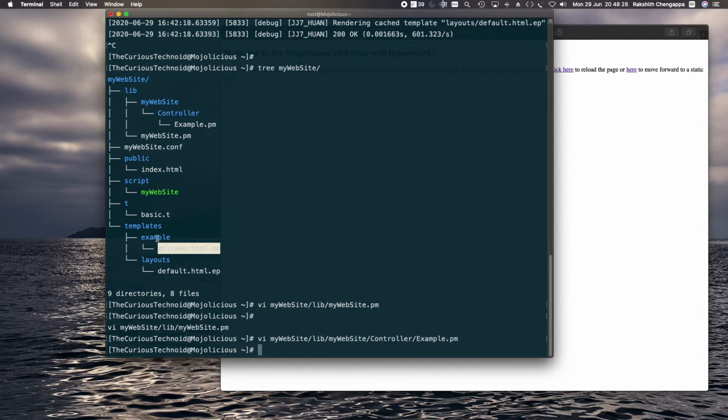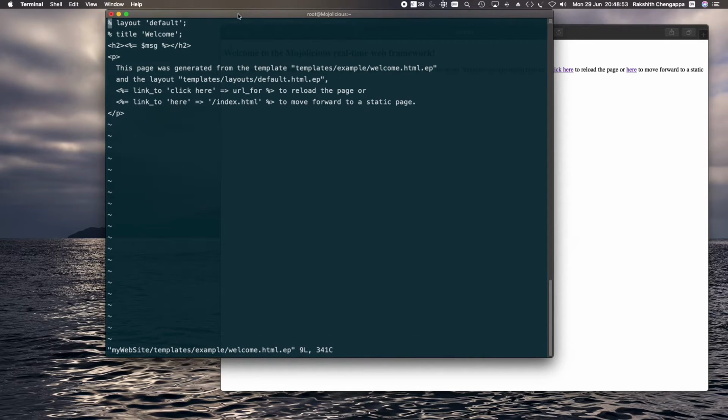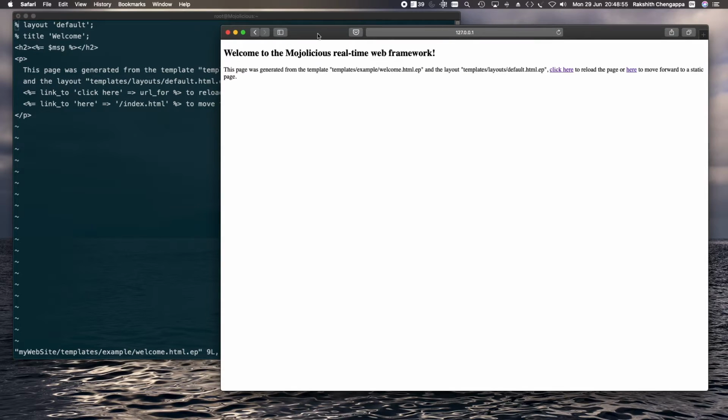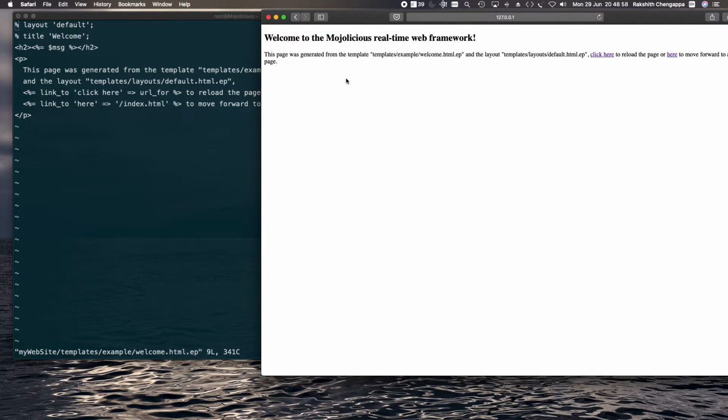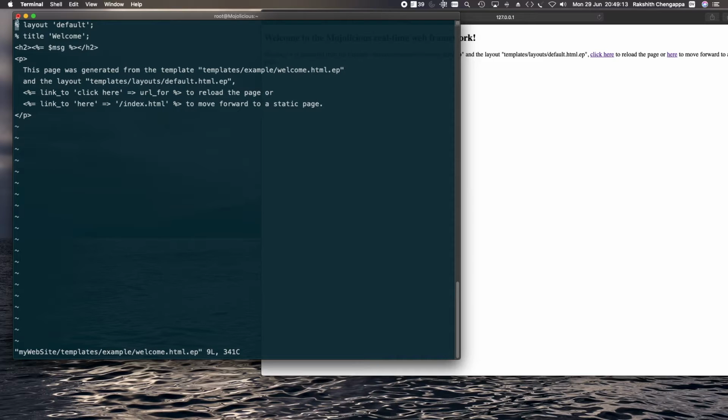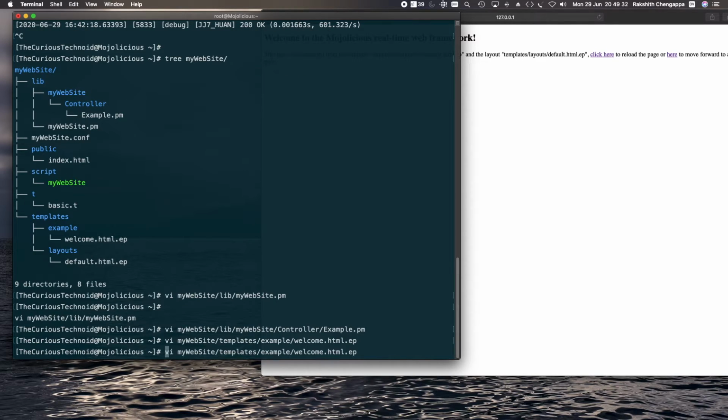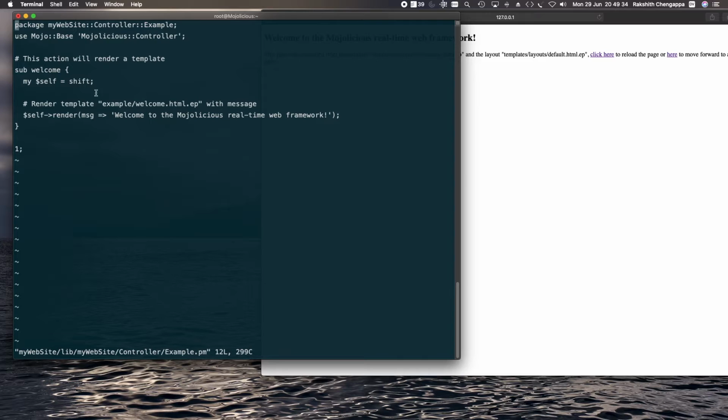There you have it. Now if you open the welcome template, you will see the content that is getting displayed on the web page. This is exactly what is getting displayed. We will see more about layouts in the next session. If you notice the header here, it is a Perl variable. Where is this value coming from? If you go back to our controller, you can see that we are setting the variable in the controller. Any value that you set in the controller can be displayed in your template.